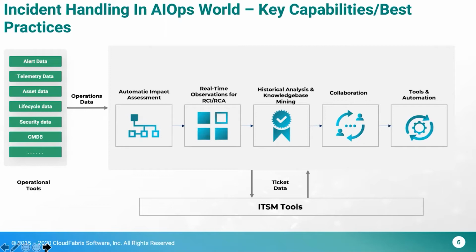Once I am able to understand the root cause, has a similar situation arisen in the past? Do we have any record that the tool should automatically pull and give some guidance saying, we have seen a similar incident in the past and this is how it was solved. And if it requires collaboration with multiple people, you should be able to seamlessly do that within the tool itself. And finally, if enterprises have some kind of workflows or bots or automation scripts available, I should be able to invoke them seamlessly. So these are some of the things.